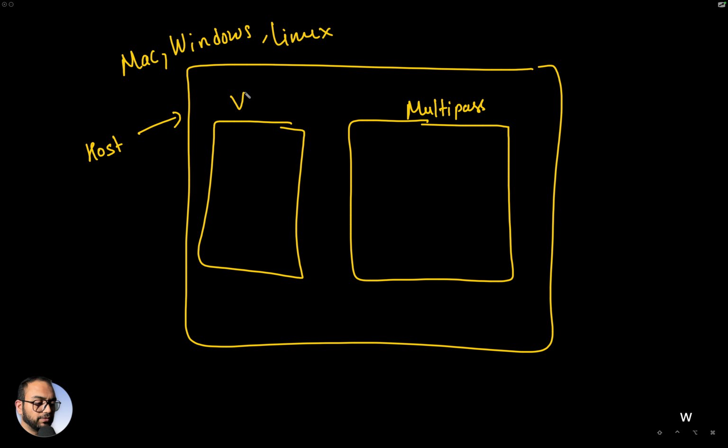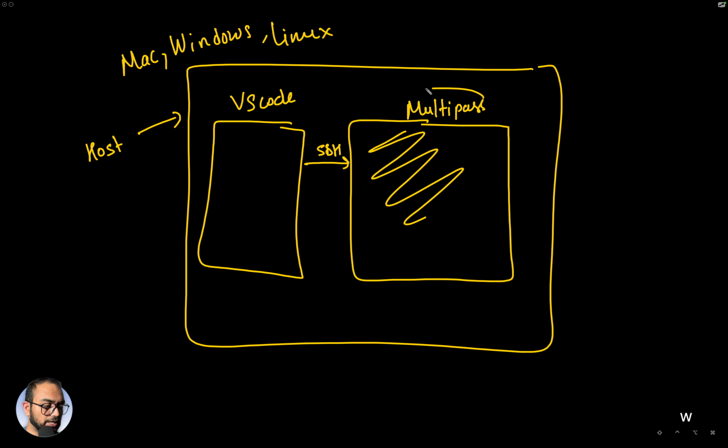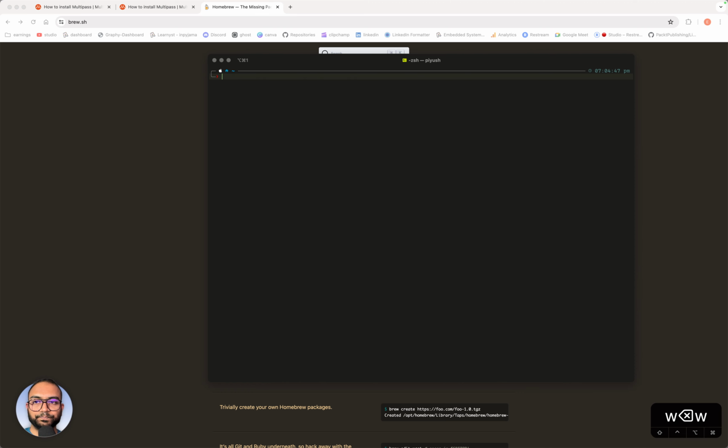We also said we would have VS Code here, and we want VS Code to connect over SSH. And then there has to be some instance running here. Right now, we don't have that instance. Right at this moment, we only have Multipass, the software. And what we are next going to do is ask Multipass to create that instance for us. So we are just going to type